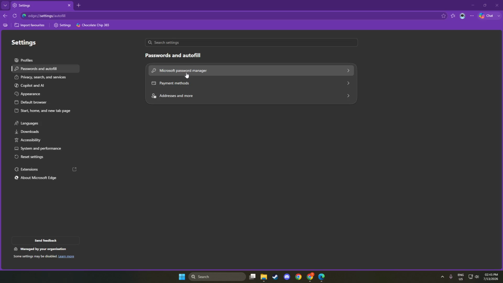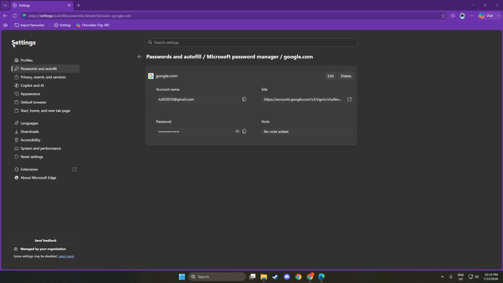Accessing this area is crucial as it allows you to view all the passwords that you have saved in Edge, including your Gmail credentials. In the Saved Password section, take a moment to search for your Gmail account. You can type in either accounts.google.com or gmail.com in the search bar provided. This will filter the saved passwords to show only the relevant entries associated with your Google account. This step is particularly useful because it narrows down your search, making it easier to find the specific password you need, saving you time and effort.